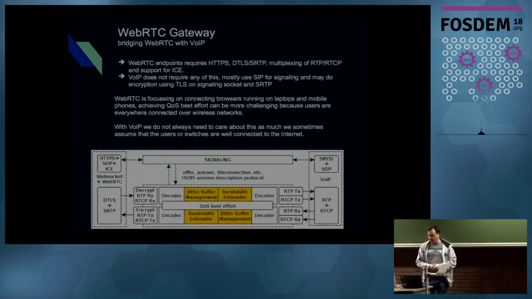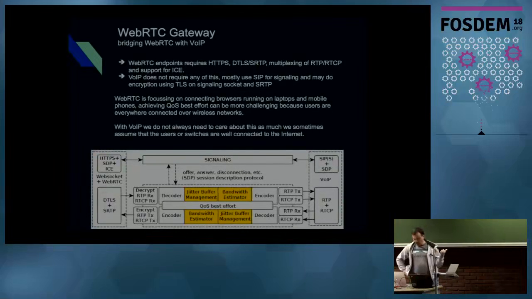what is the WebRTC gateway? I think there was already a lot of discussion about it. There may be different RTC gateways doing different things. I guess one of the big differences is, are you transcoding or are you relaying packets? Because you can gateway without dealing with media. Here I'm highlighting that what I have in mind is to benefit from the best-effort QoS that WebRTC can provide with its jitter buffer management and its bandwidth estimator. All the other details were already discussed briefly by others.